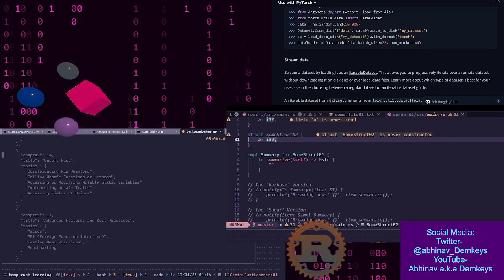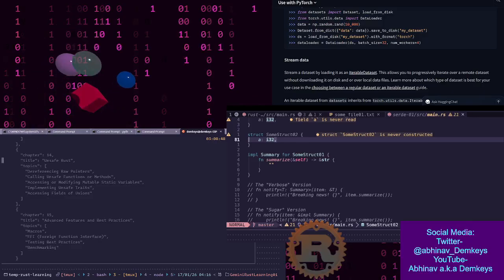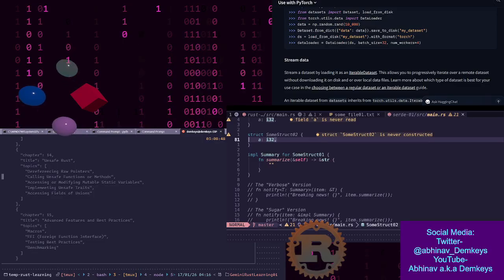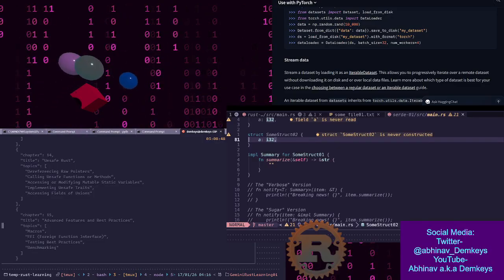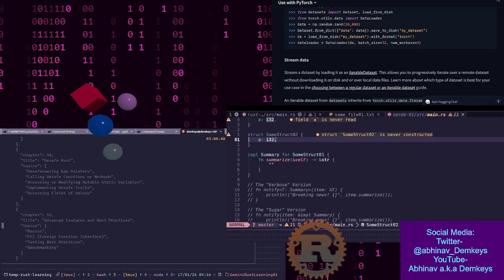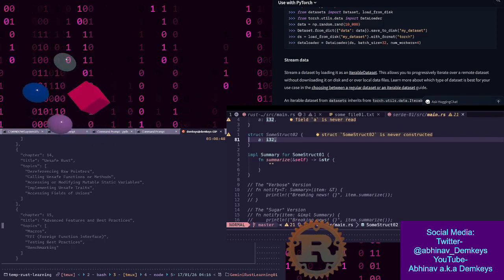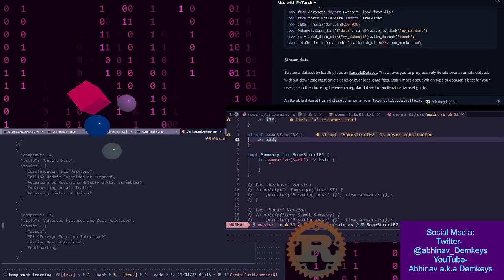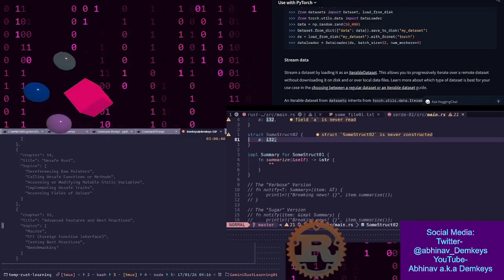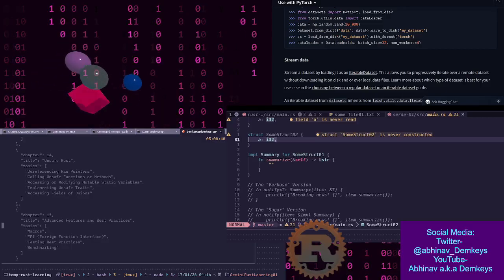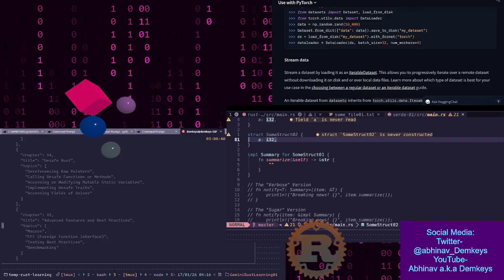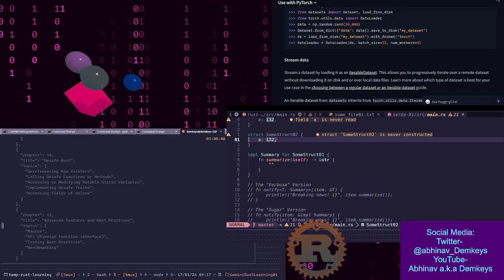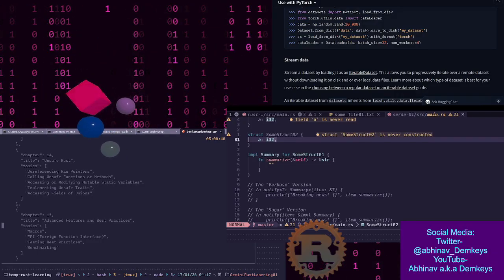The last two chapters are unsafe Rust. That's like a whole other advanced thing. And finally, we have chapter 15, which is advanced features and best practices. This is where we go into stuff like macros and foreign function interface, which I believe is where we'll be interfacing with external libraries. So I could look into how we would interface with a C library or even interop with Python. I'm curious to see how that works out because maybe